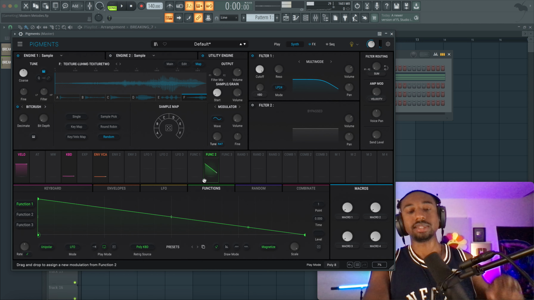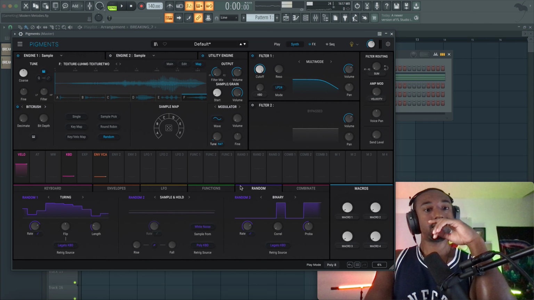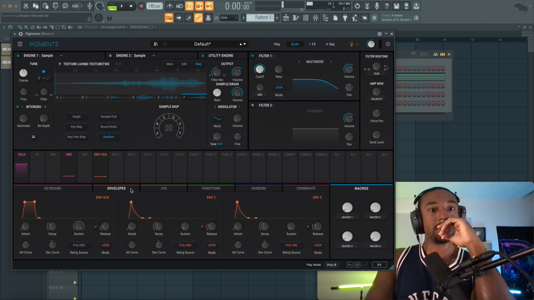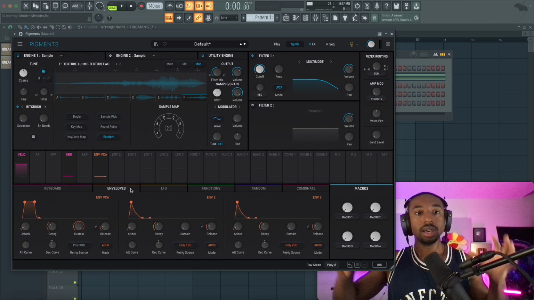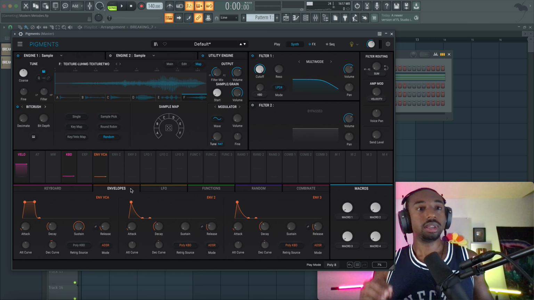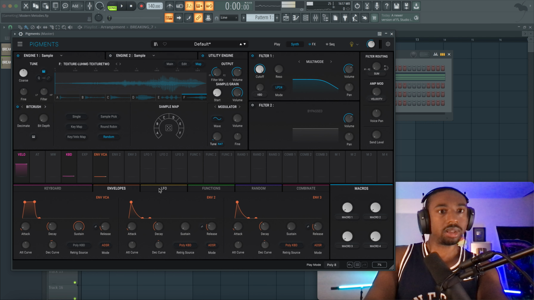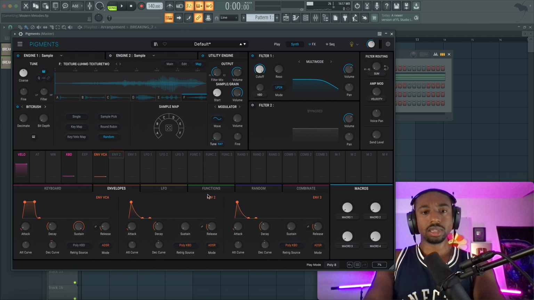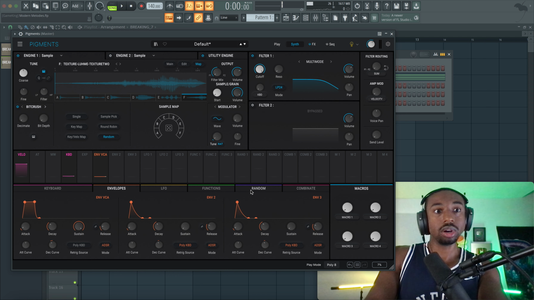Now I wish this was Serum, because in Serum I know how to show you guys a cool trick. Basically I can have the sound pan left and right. I'm not sure how to do it exactly in Pigments because I don't see where that would even be. But we could do random and then drag that over the panning per the sample.